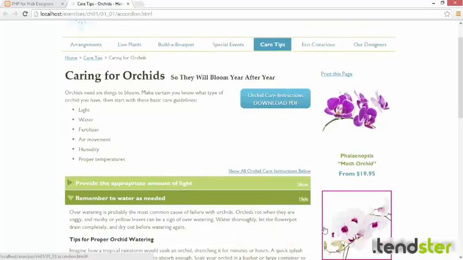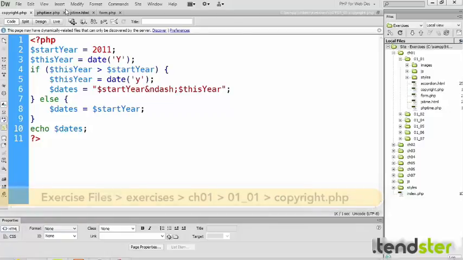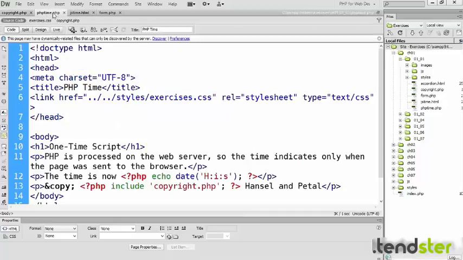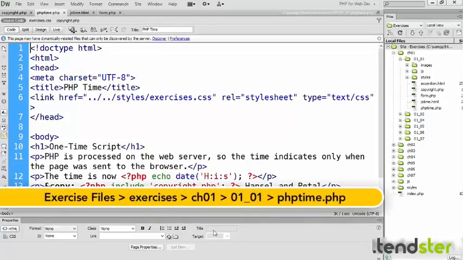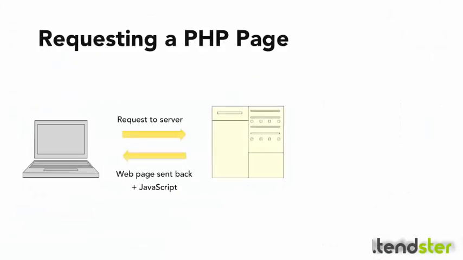Like JavaScript, PHP can be in a separate file. Don't worry what the code means at the moment, it'll become clear as you progress through the course. PHP code can also be embedded in the HTML, as it is on line 12 in this page, but that's where the similarity ends. When a browser requests a PHP page, the web server sends the page to the PHP